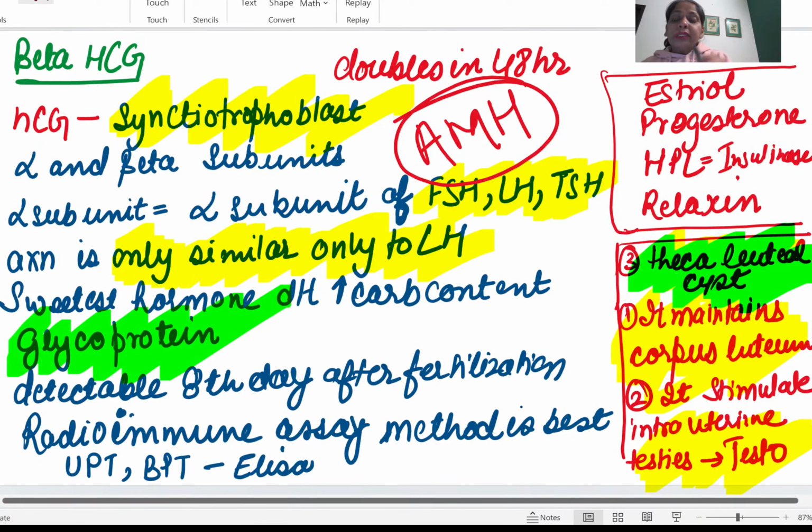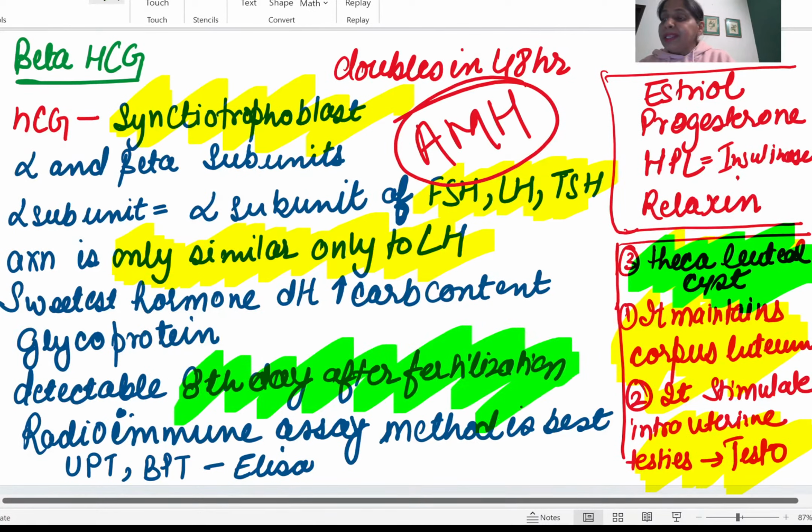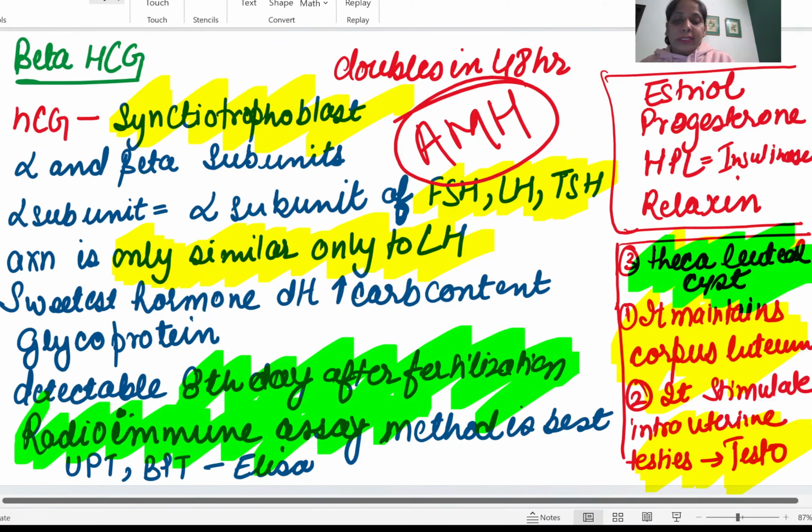Okay, now this beta HCG, when a lady gets pregnant after fertilization, it is detectable on the 8th day after fertilization. Okay, and the best method to diagnose it is by radioimmune assay, but the routine method which is